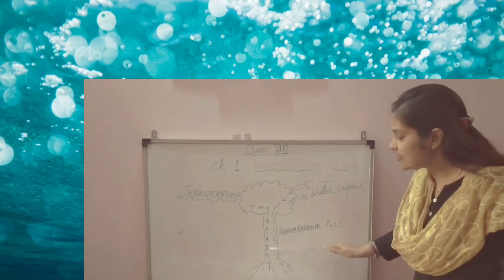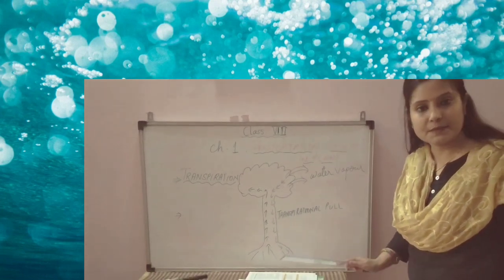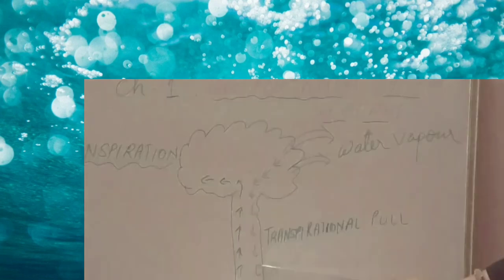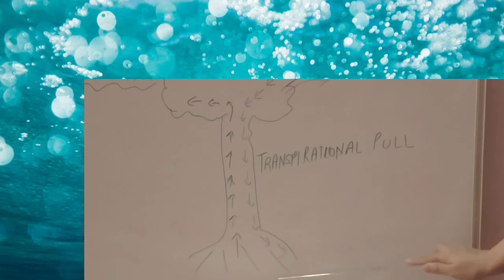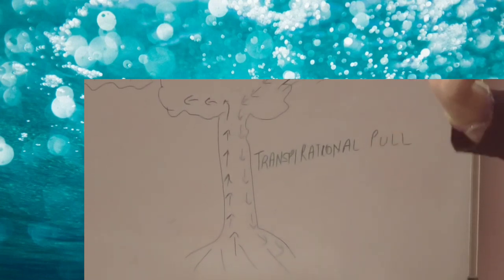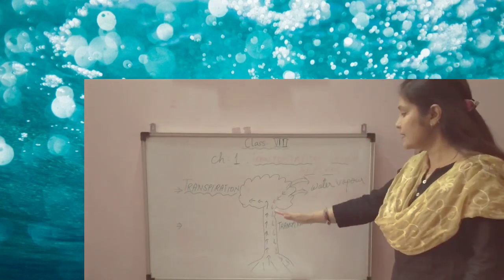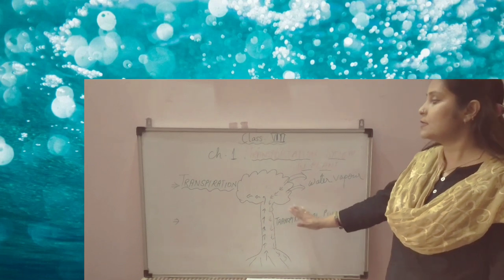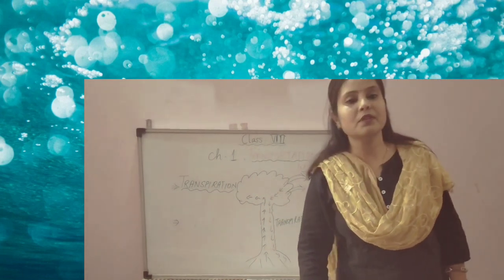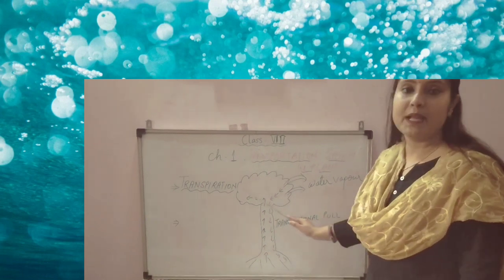So pressure is exerted by each and every cell of the plant, and by that, as you can see, this exertion takes place, and after that conduction of water is also going on simultaneously. So this is known as transpirational pull. This is the method by which water and minerals can be conducted from the root to the top of the plant.